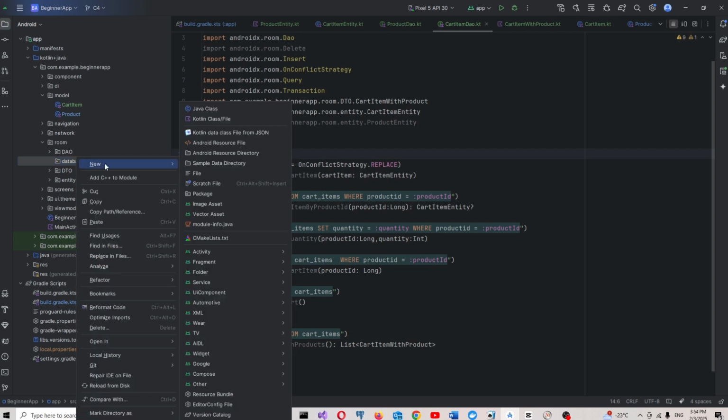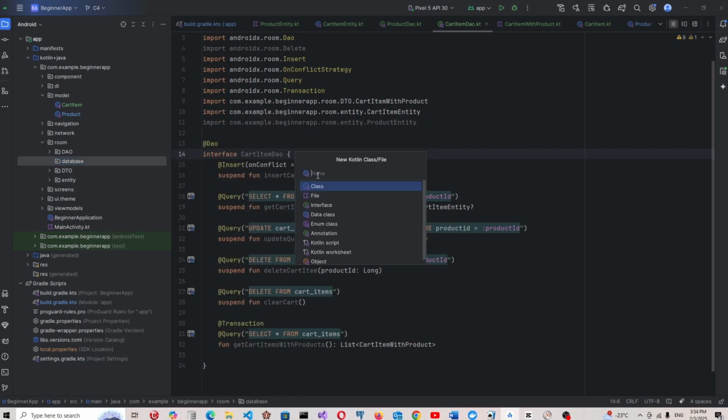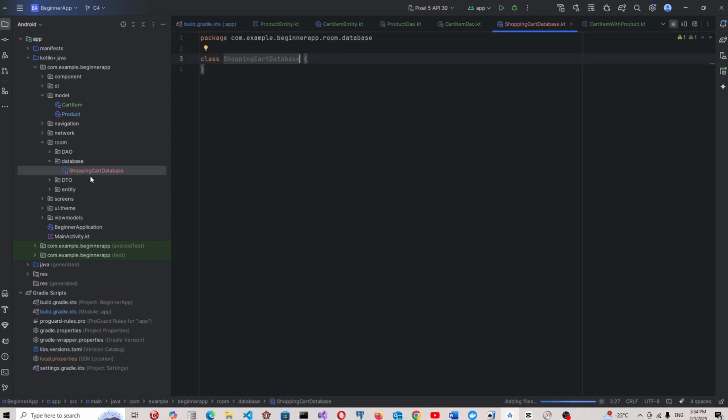And create the database with a new Kotlin class, which is ShoppingCart database. This is the ShoppingCart database class, and we have a database, and this database